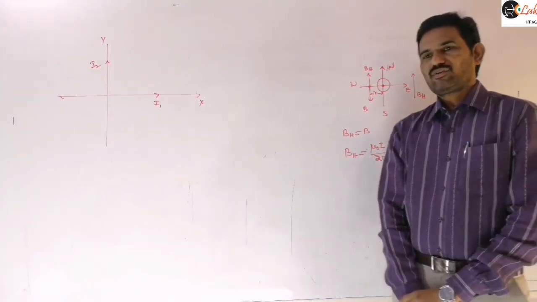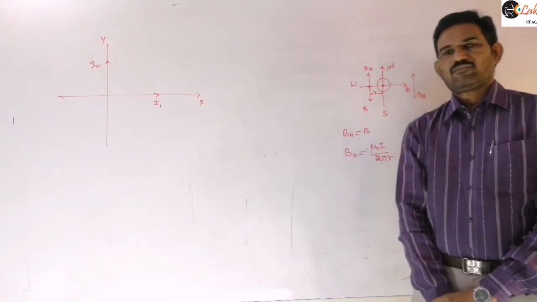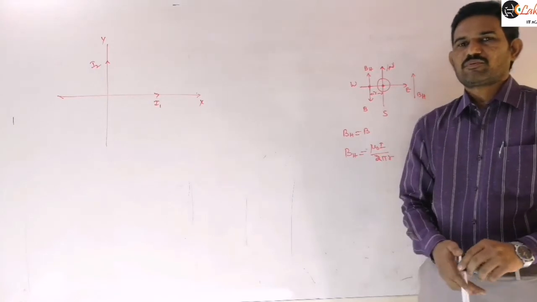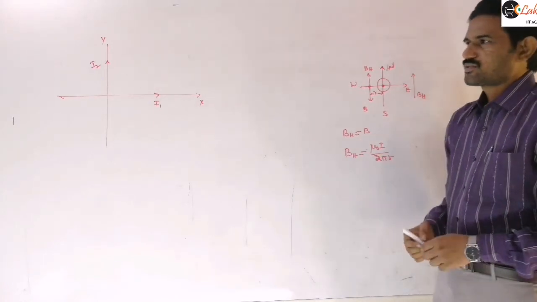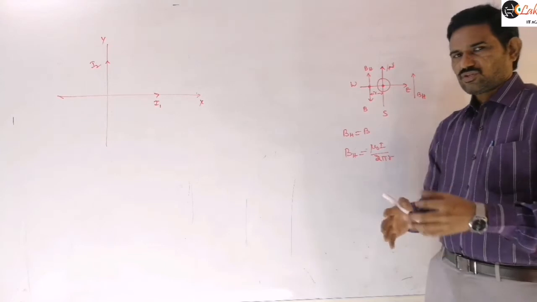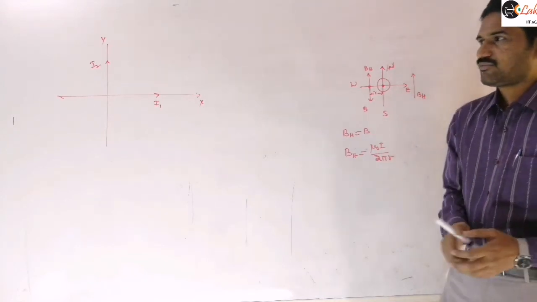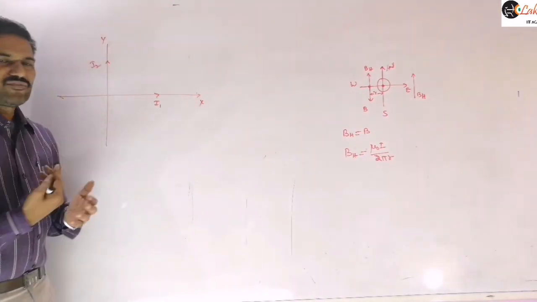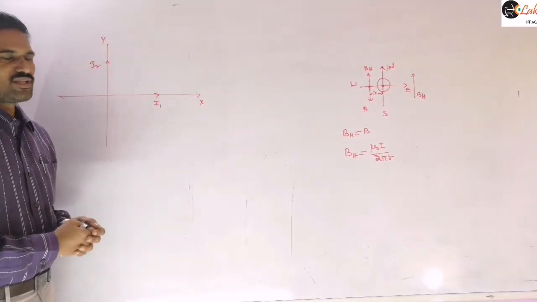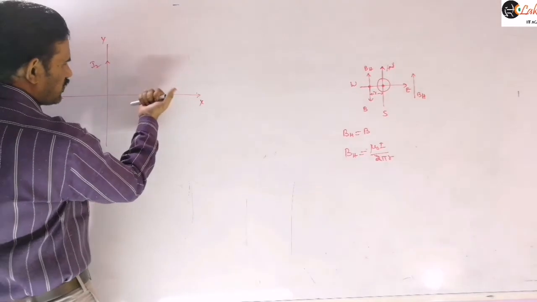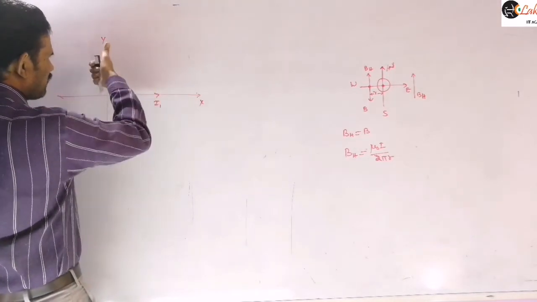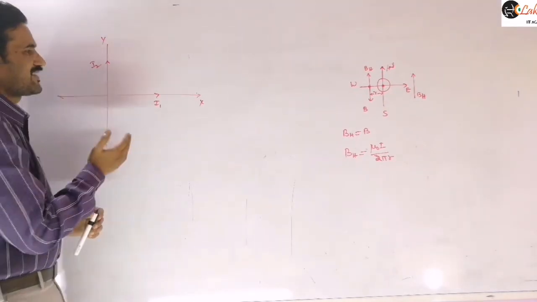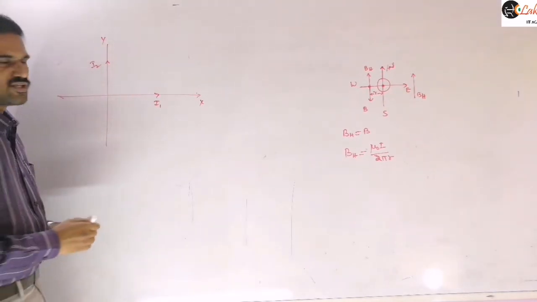Find the locus of the points where the resultant magnetic field is 0. Right? So we need to find that locus where the resultant magnetic field is 0. For this, let us identify in which quadrant there is a chance of getting the neutral points. For this conductor, if I consider the magnetic field to be out of the plane, and for this one it will be into the plane, in the first quadrant if I check. And so there is a chance of getting the neutral point in that region.